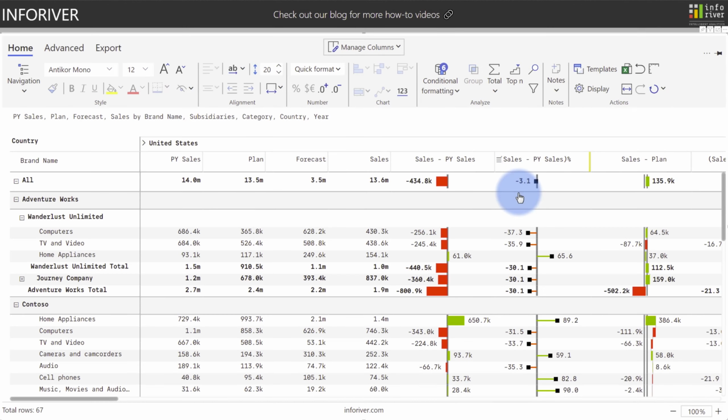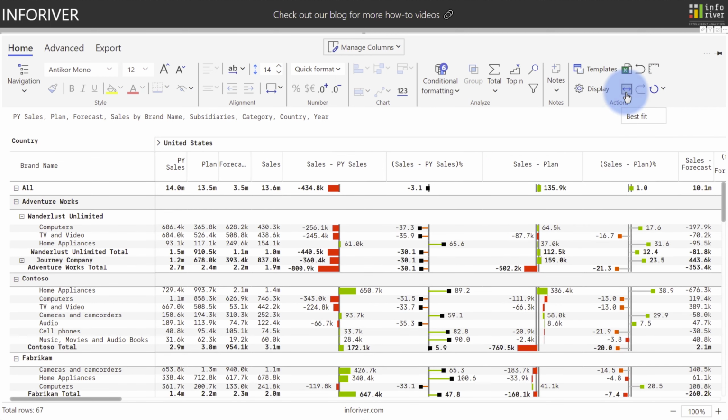Last but not least, over in the Actions section, there is an option to export in Excel. We will get to that later during our Analyze section. We also have Redo and Undo options, plus options to reset formats, notes, or all applied changes in the table. Plus an option for Best Fit, which will fit to the data as best as it can for both row